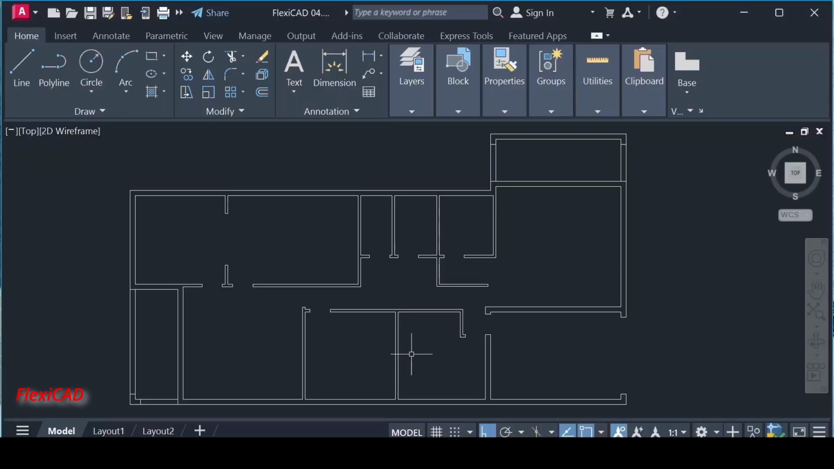Okay, before stepping forward, we have some dimensions to insert here. First, I use the command